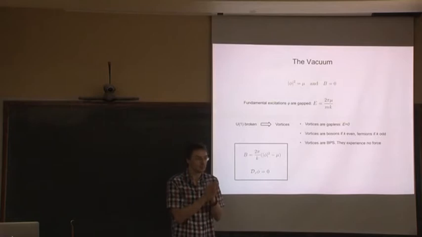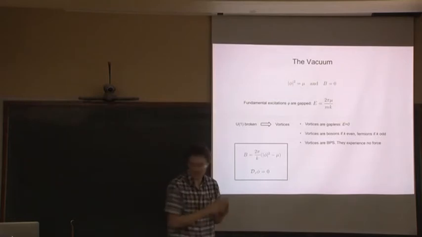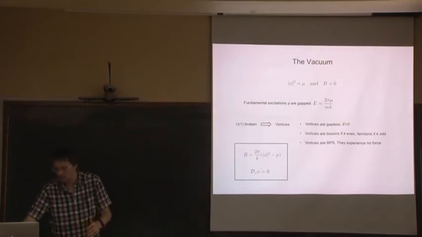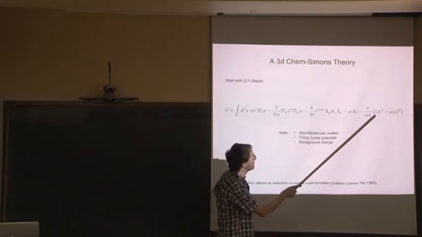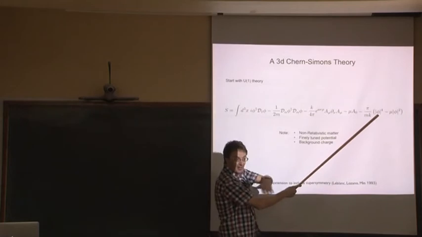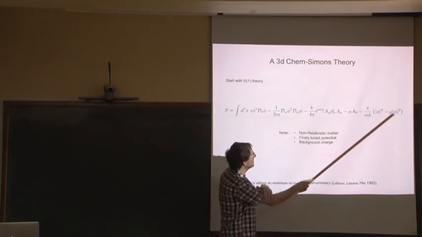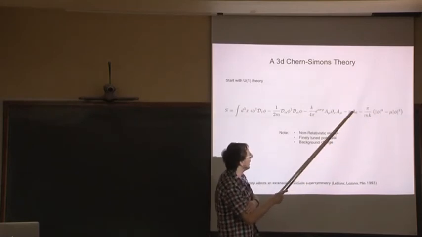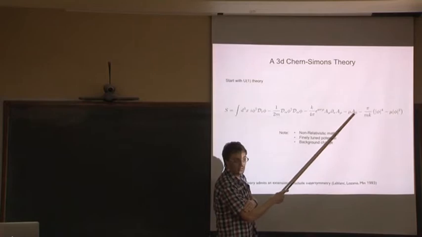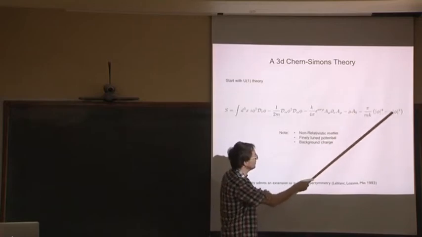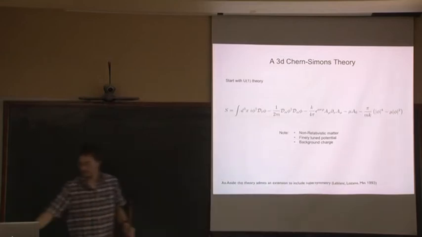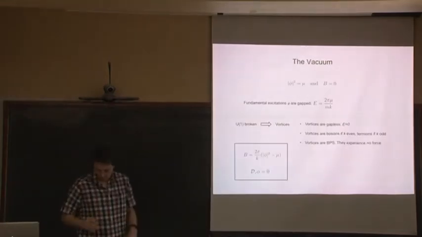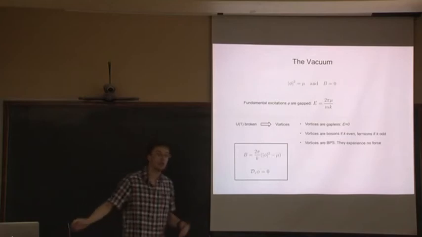Wait, so the gap is just because of the mu phi squared term? So phi squared equals mu isn't quite the minimum of this potential. This potential has a minimum of negative, but it's more important to solve Gauss's law coming from the A0. But yes, basically they're gapped because of that. But there are gapless excitations, which are vortices.